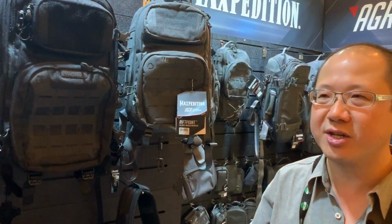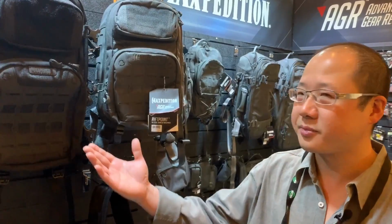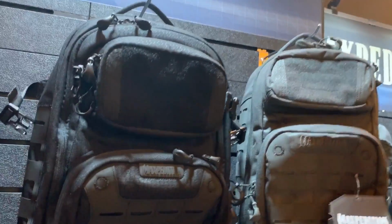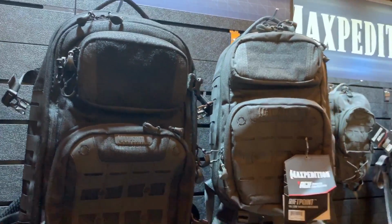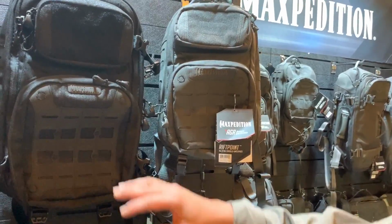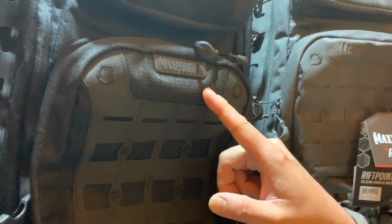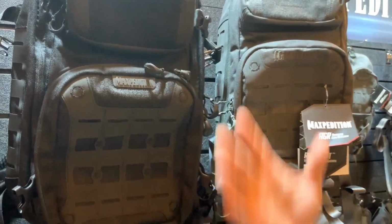We figured out, we're using 1000 denier nylon throughout for the legacy line. Let's figure out how to really reinforce the areas that were seeing a lot of abrasion, but also lighten up the pack in certain areas that don't see a lot of abrasion. So we came up with dual material construction. So AGR products are made with 1000 denier nylon on areas that receive a lot of abrasion or a lot of tension, and it's made of this custom 500 denier hex fabric in areas that don't,